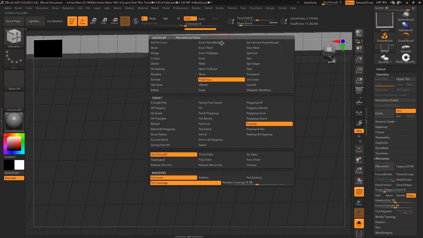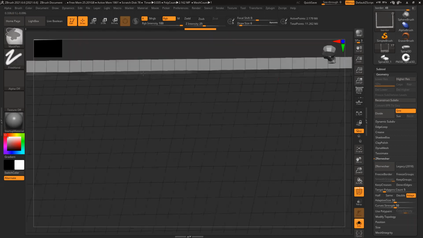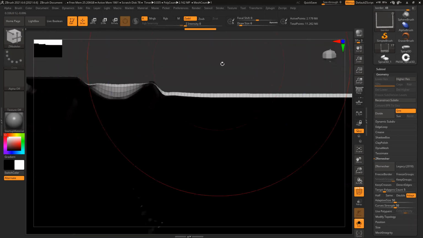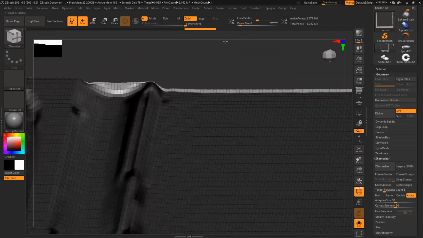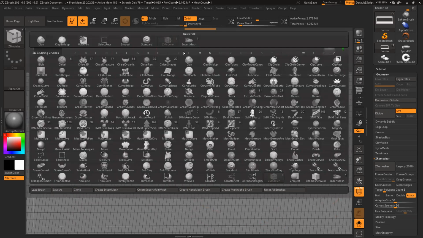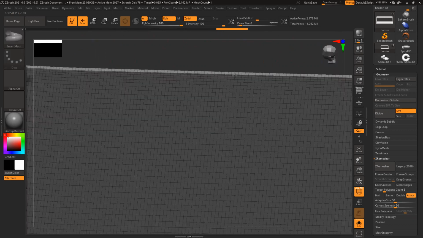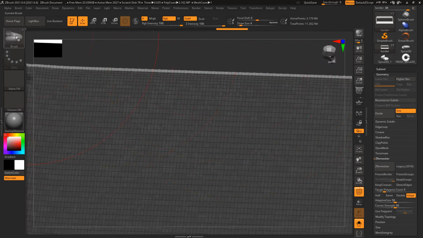Polygroup, polyloop. You're correct. Go back to your brush again. Why is it not creating a polyloop? That's strange.